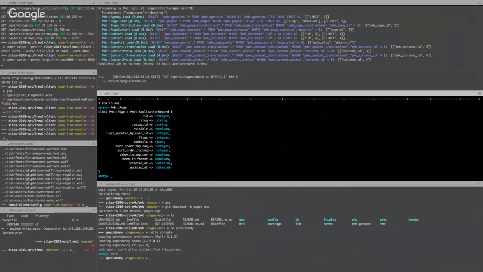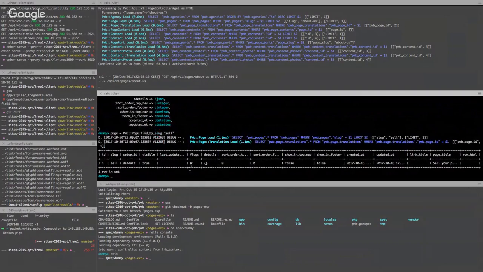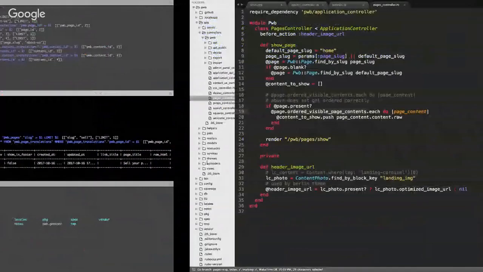Link title isn't directly on there. I'm not too sure why it doesn't automatically generate the title method. But yeah, find by slug is basically a method that will find by the slug, by what's present in the slug column. I get it. Okay. So now on that page, there's the ordered visible contents,